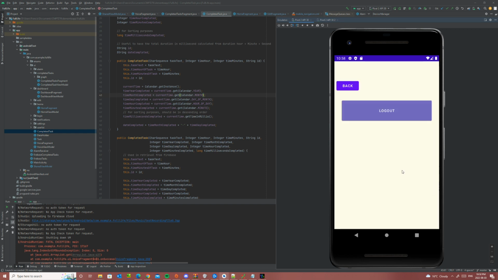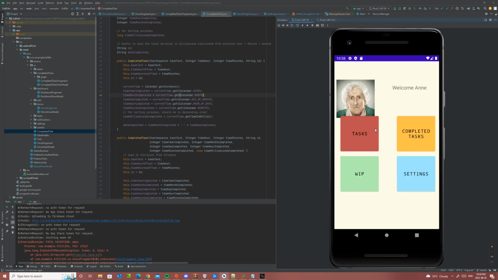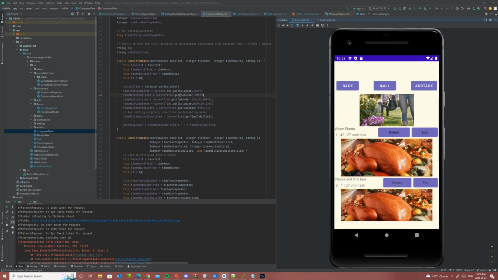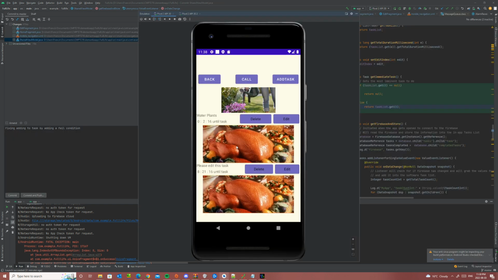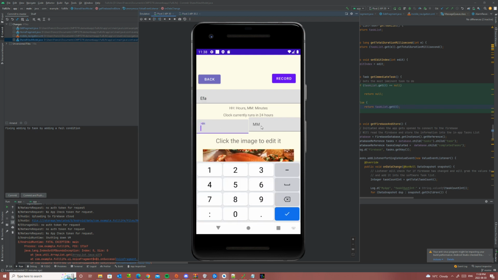As a caretaker, you can still see the person you're managing, and you can have all the add, delete, and edit features. As a caretaker, you'll be able to edit any task,